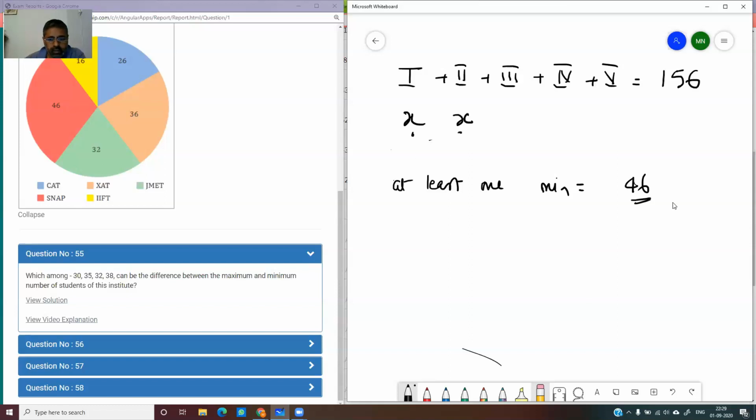Okay. So that's okay. Then what is the max value? Max value is when you have all these as 0. Can you not have all these as 0? You can have all of them as 0. And this becomes x, because we need a maximum value here, isn't it? We need max here. So all of them we are putting as 0. So this becomes 156. So what is the value of x? X is equal to 78. Is it okay? The difference is what? 32.